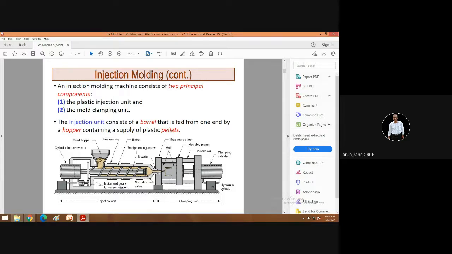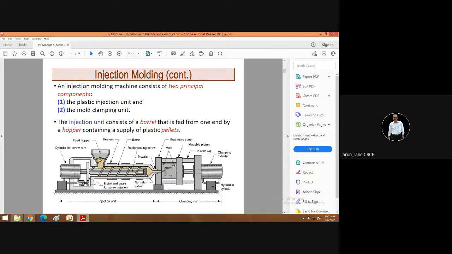The material is injected the moment it is closed. So the cycle is built like that. First is closing, then injection, then there is cooling. For that you have cooling channels, and after it is cooled and solidified, it opens. It opens means this moving half will go away to the right side. And then generally the component remains with the core. This is called the core. And this is your cavity.